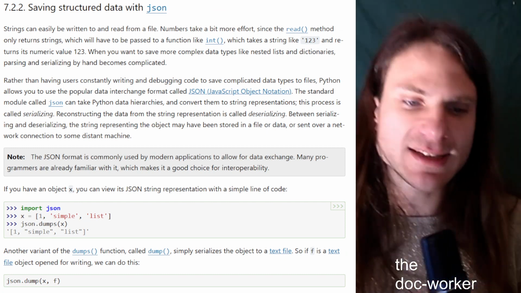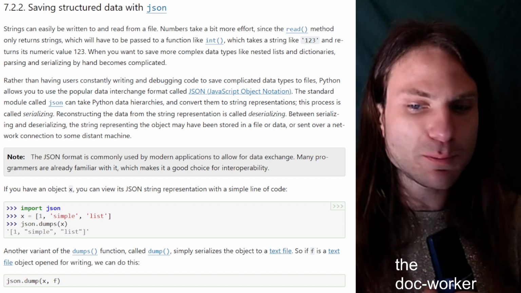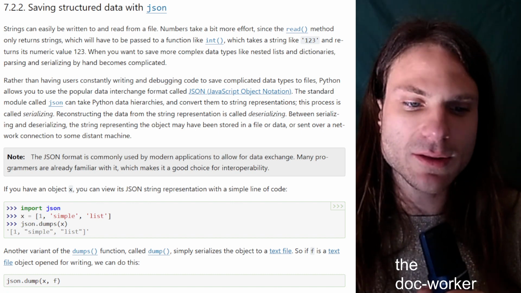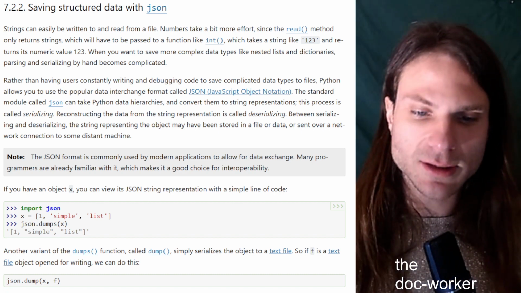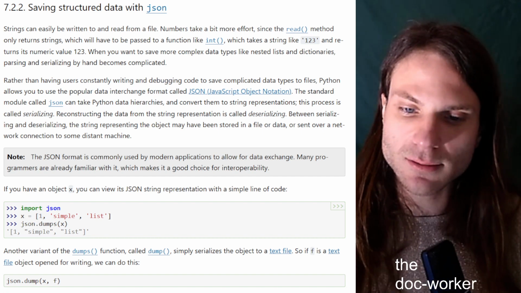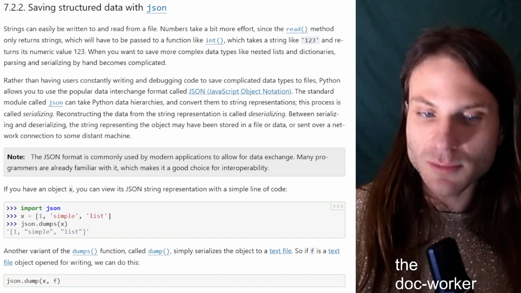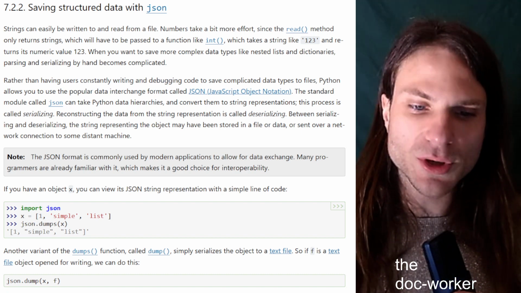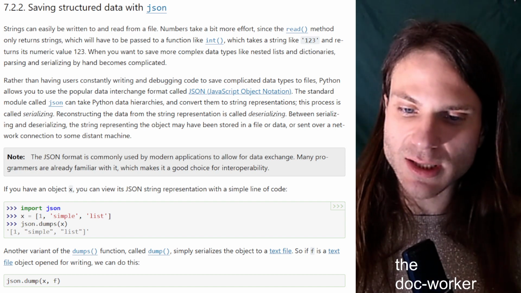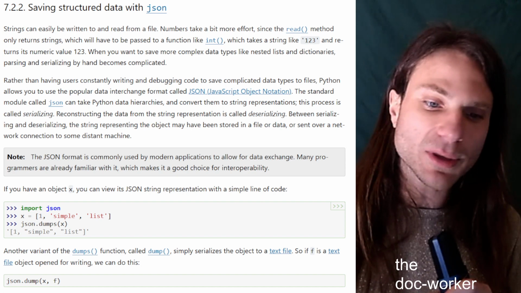But strings can easily be written to and read from a file. Numbers take a bit more effort since the read method only returns strings, which will have to be passed to a function like int, the integer function, which takes a string like "123" and returns its numeric value 123. When you want to save more complex data types like nested lists and dictionaries, parsing and serializing by hand